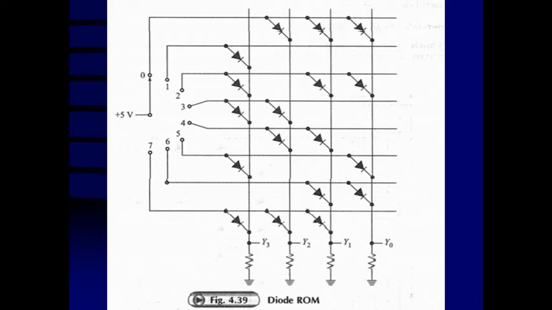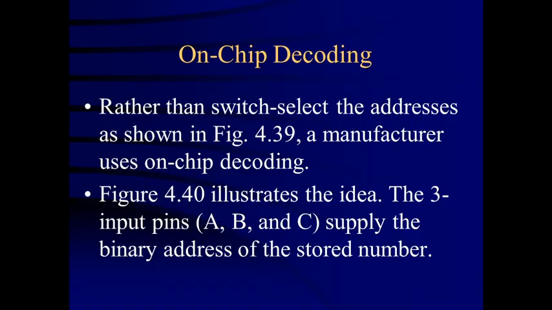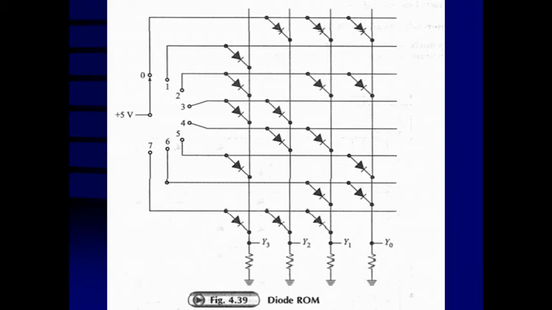Now, in a similar way, whatever data you want to store can be stored in a similar manner. If you want to store some other data, that also is possible. How is it possible? Suppose at this location I want to store 0 1 1 0. Then what do I have to do?